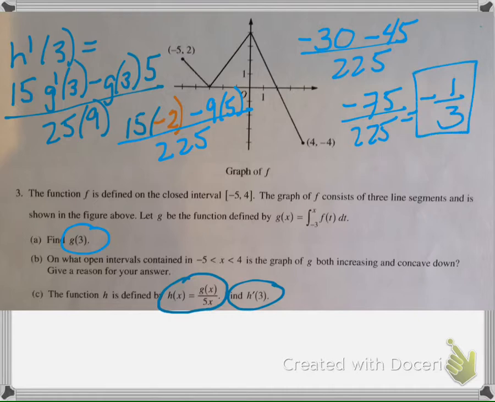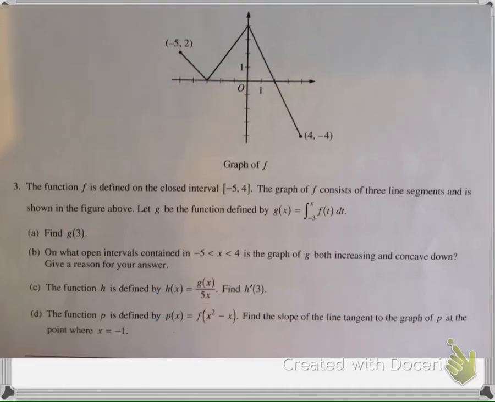So the point values were, if you found h prime of x, you got 2 points, and then to find the final answer, you got 1 point. Okay, and finally, this is part D. So it says to find the slope of p, so that means we need the derivative of p. So here's p right here. So the derivative of p,